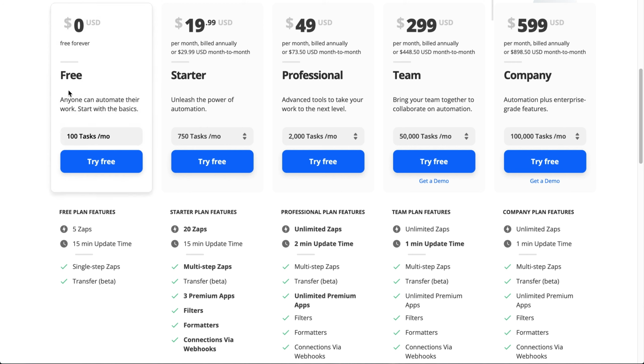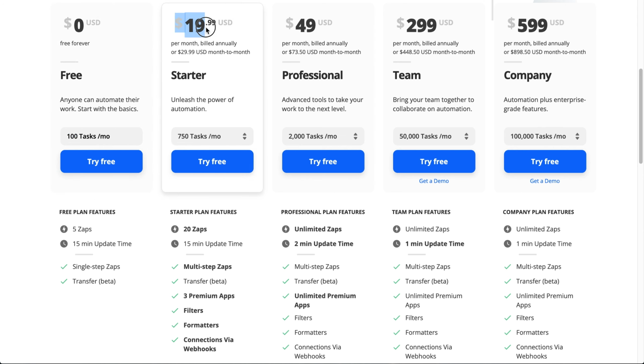So they do have a free account, free forever, 100 tasks a month. As I said, those 100 tasks are not going to last you very long, right? Because these tasks get stacked up, they get multiplied, they get eaten very, very quickly. So 100 tasks a month is good to try it out and make sure everything's working, but it's not the best for actually running your automation tasks. For those, you need a paid account.